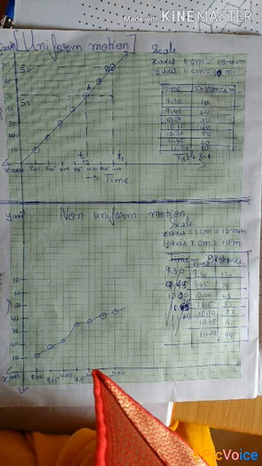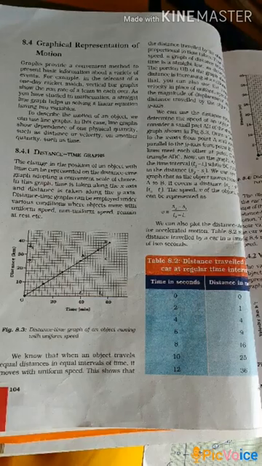On the x-axis they have taken t1 and t2 as time, and on the y-axis they have taken s1 and s2 as distance. If you want to derive an equation for the speed, once again I will repeat this. Suppose they have asked you to draw a straight line to the x-axis from the point A and another parallel line